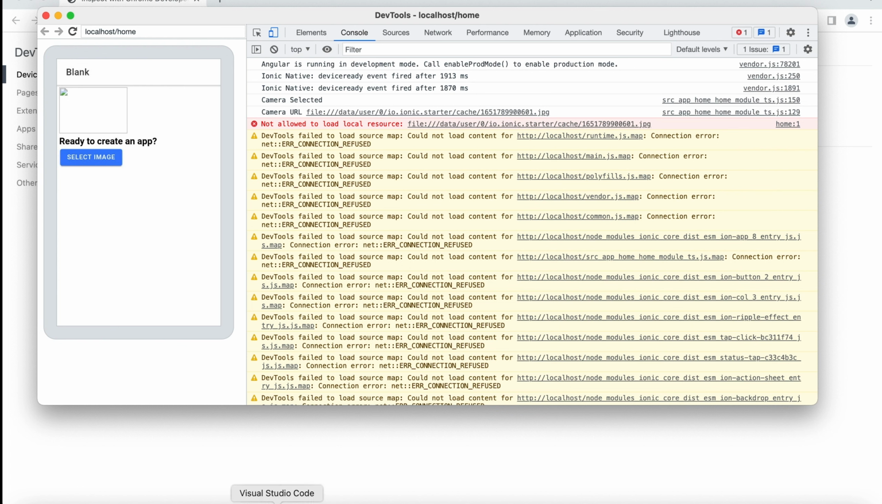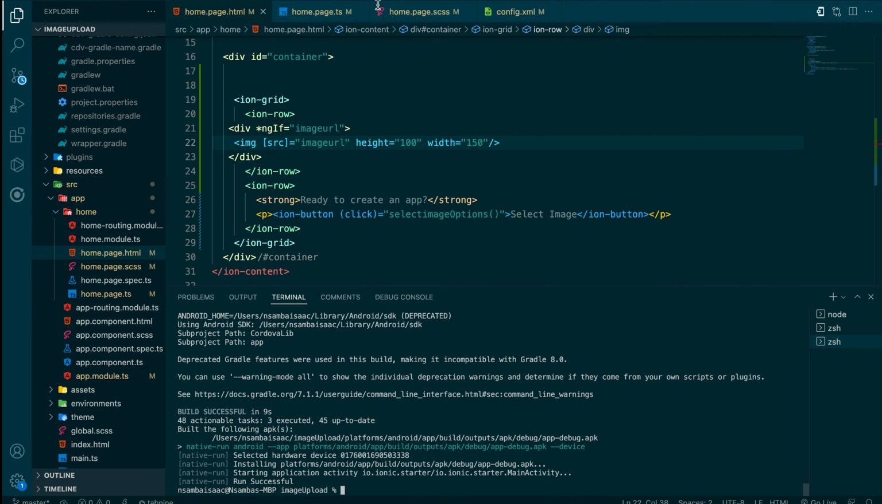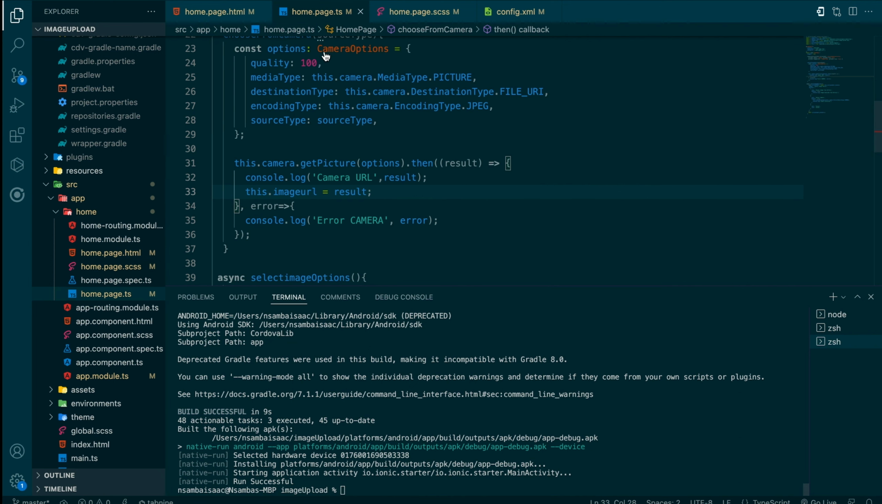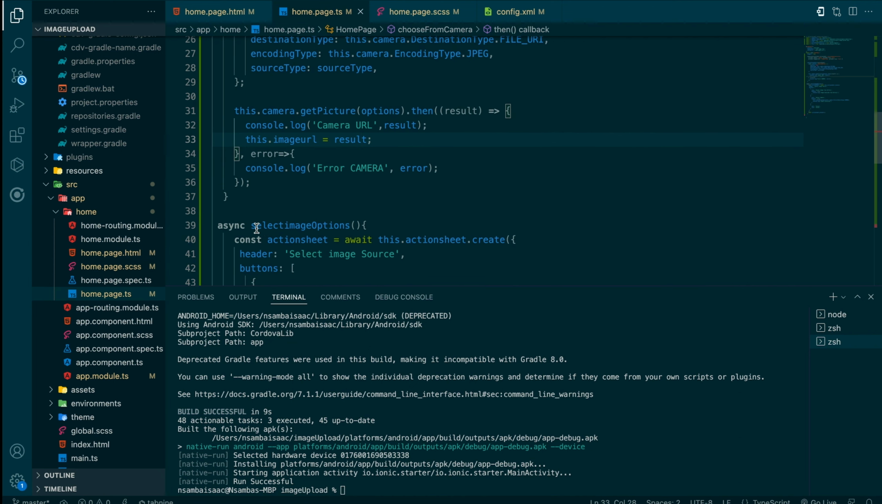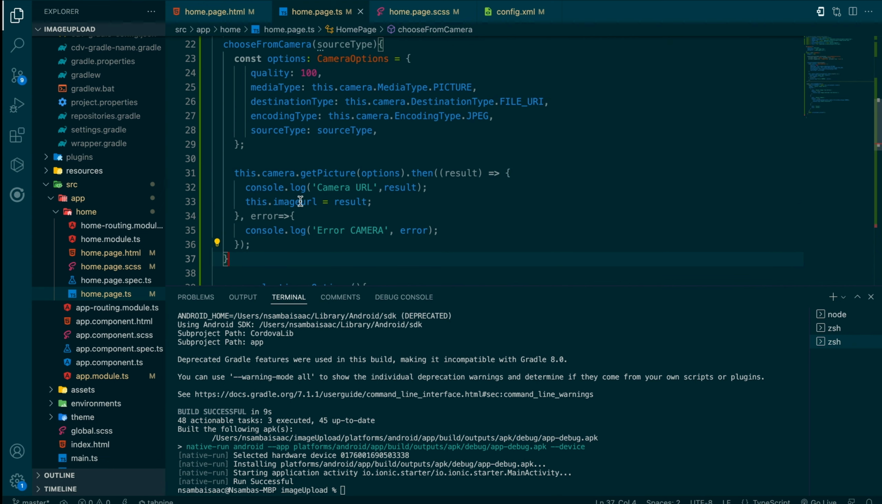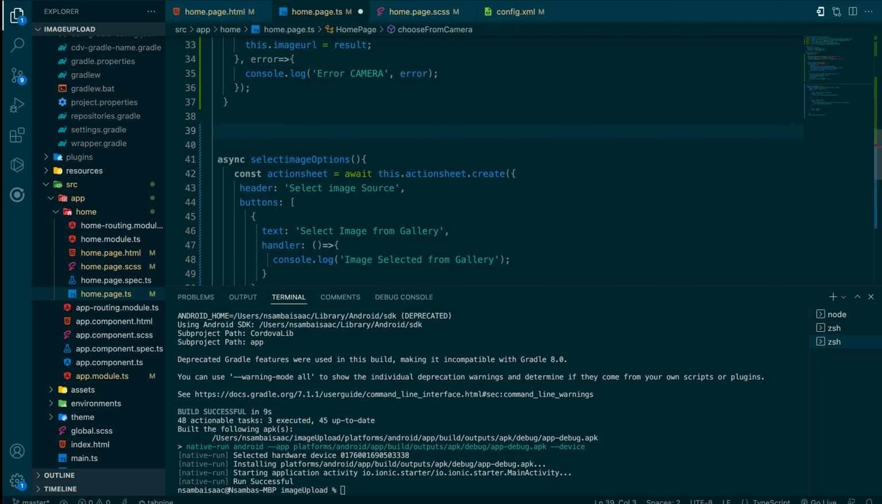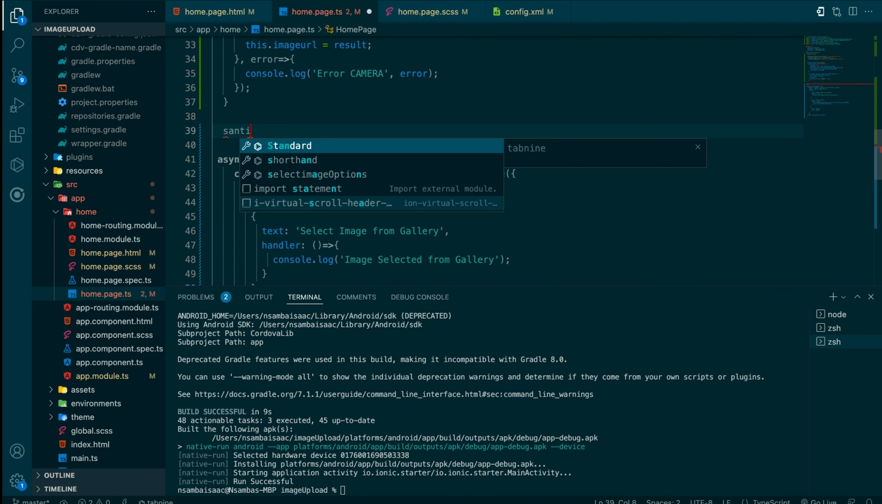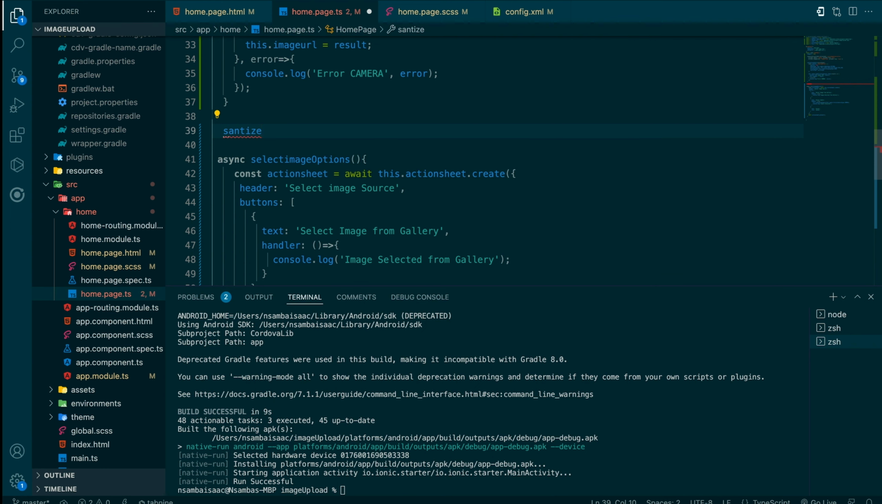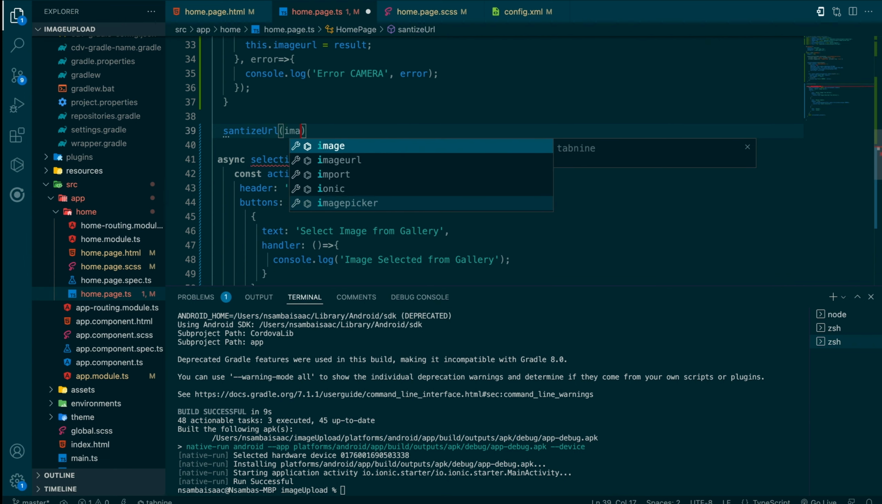Okay, so what we can do to resolve that is we'll come here, and I will create a function, which is called sanitize. We'll have to sanitize that URL. Sanitize URL function, and this will take image URL,